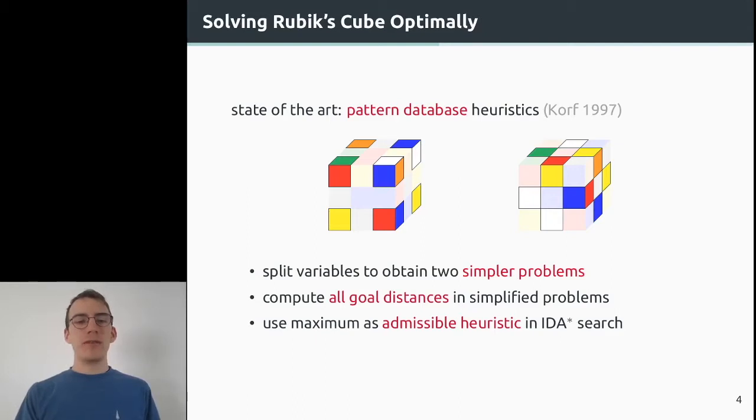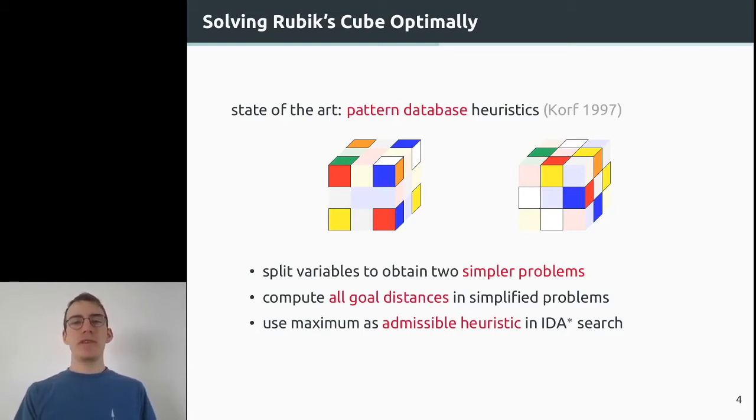Once we would like to search for a solution of the original problem, we use the maximum of the corresponding entries in the lookup table as the heuristic in an IDA star search. This paper was published 25 years ago, and in the meantime there has been a lot of research put into